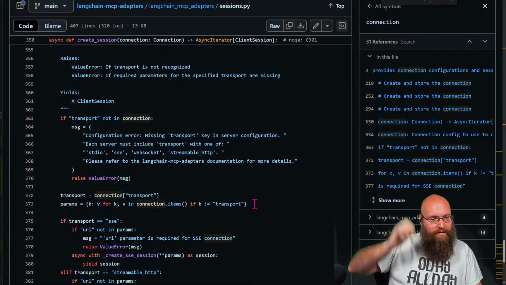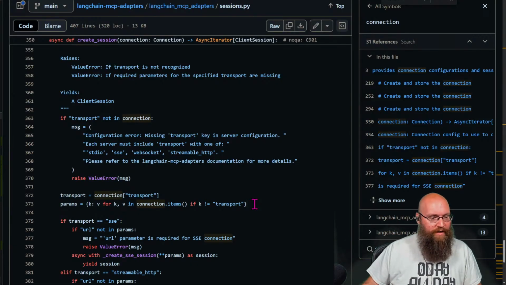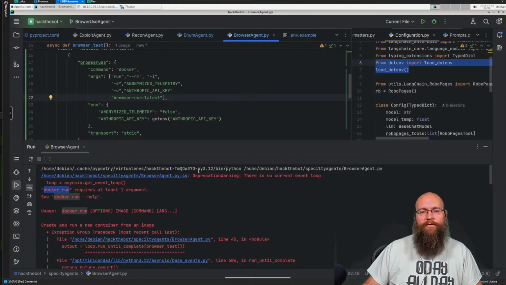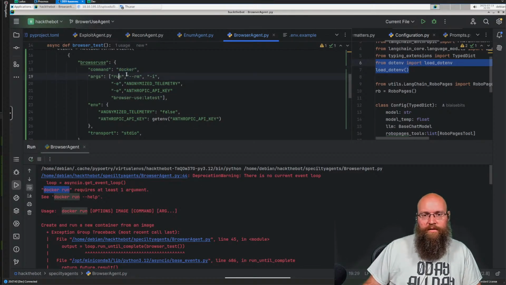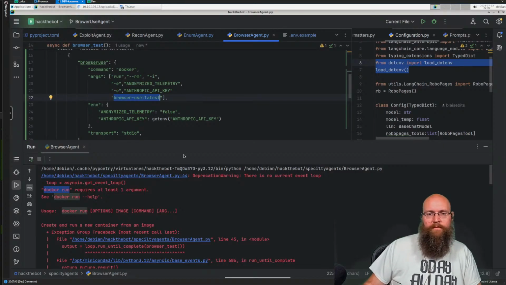I think you're missing a command to give the image after the image name. Let's go double check. I could have very well done that. So we have docker run --rm -i, and then here is the image right here. I mean, we should be good with that. Let's double check it.